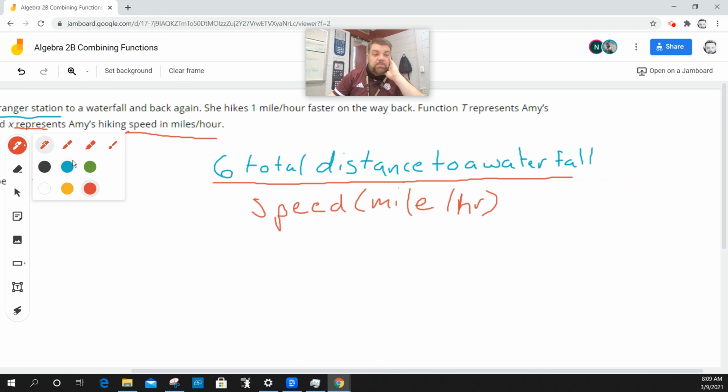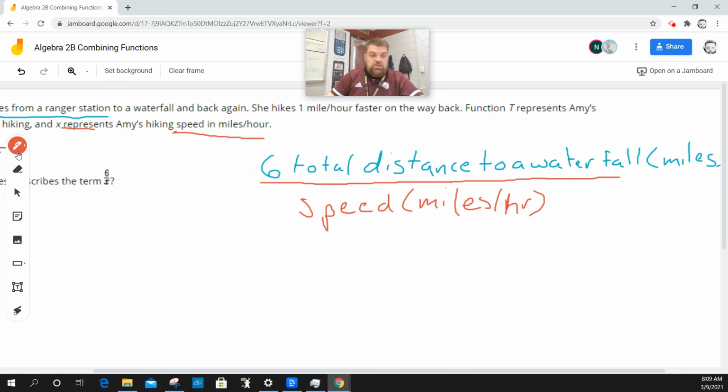And by the way, the 6 represents how many miles? And so this is an interesting one. So basically, she's traveled 6 miles